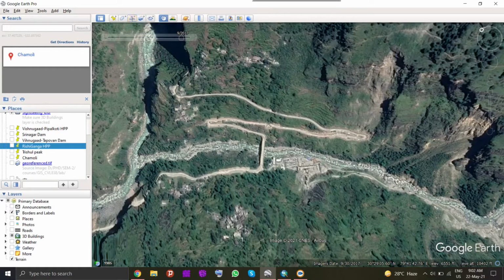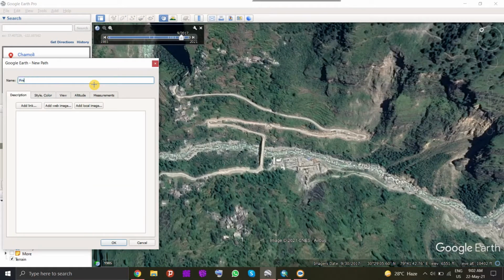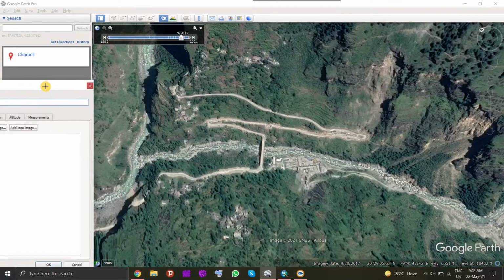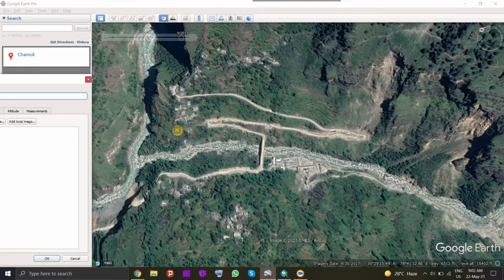So we will click on add path. We will name this path pre-event, and what I want you to do is hold your mouse left click button and hover over the area which is your area of interest.